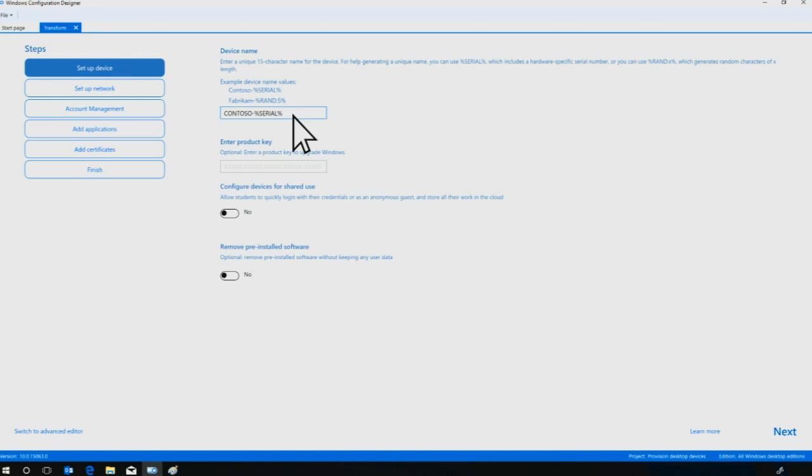We could optionally put in a product key, but most of the time we're going to do volume license activation on that machine, so we don't need to type in anything if we don't want to. We can say that we want the device to be configured for shared use, which is primarily a school scenario. If you haven't looked at the shared PC mode that's available in Windows 10, I believe 1607 and above, that